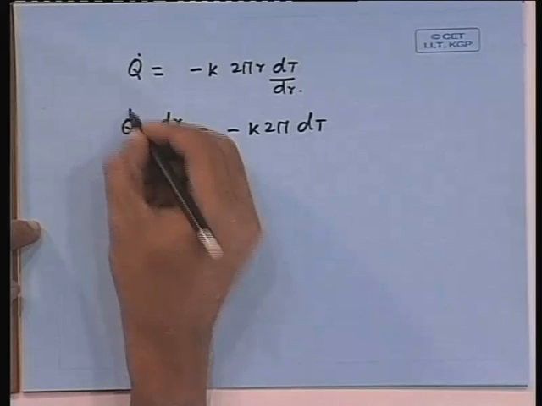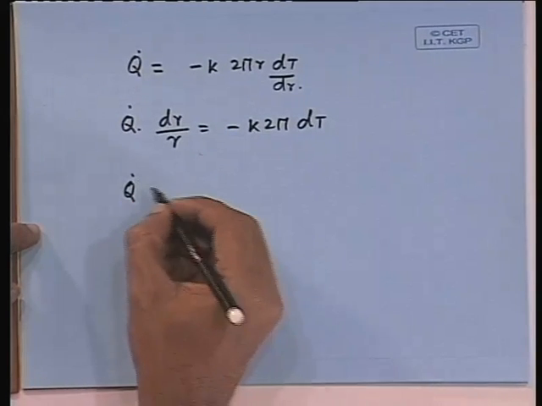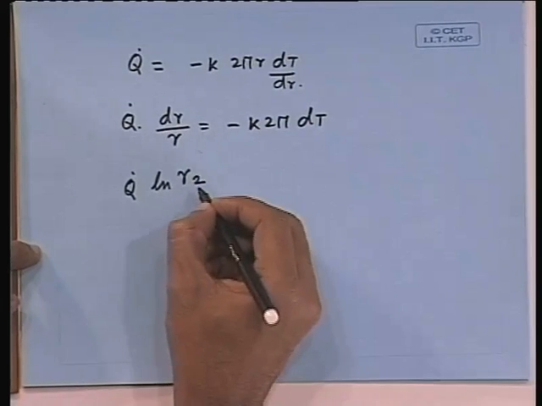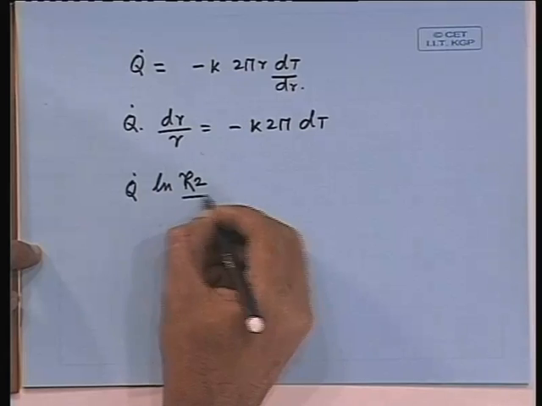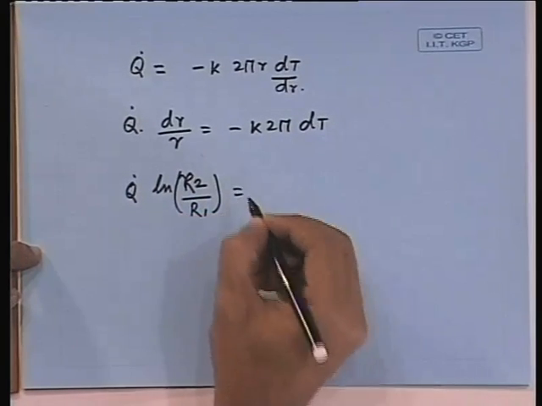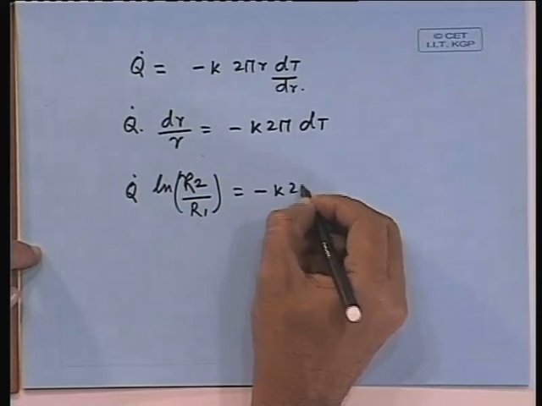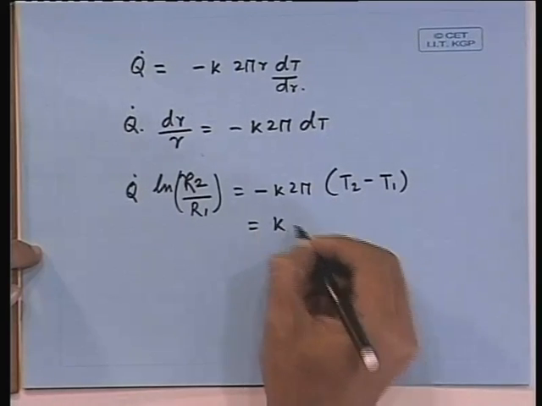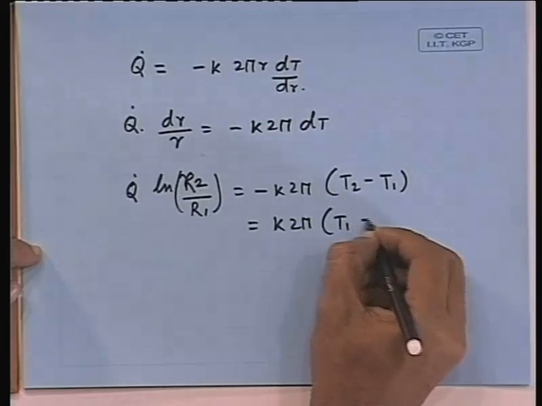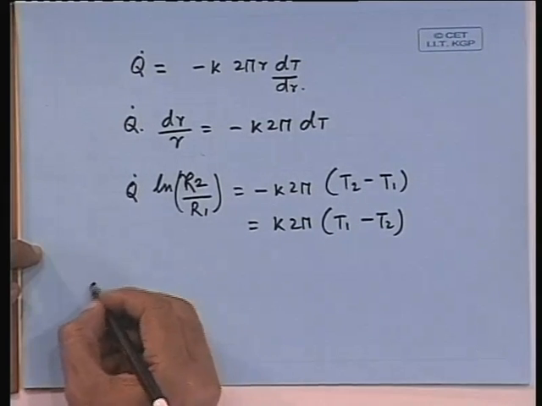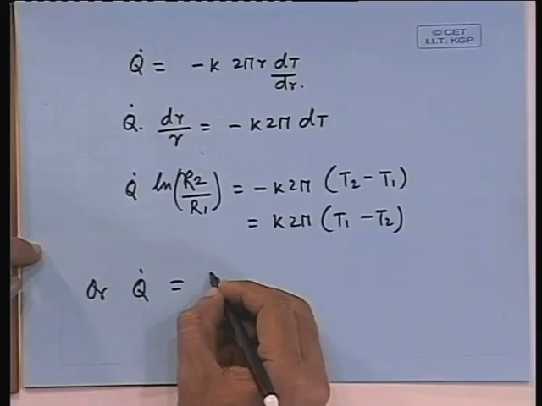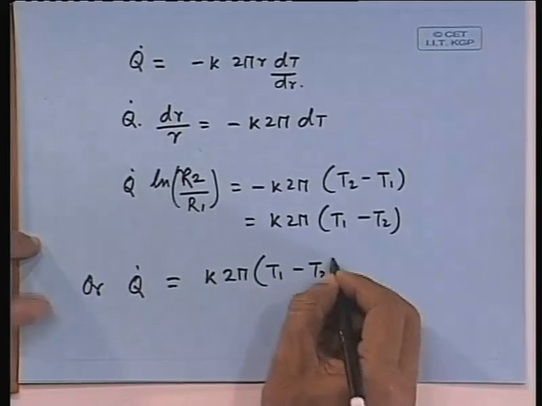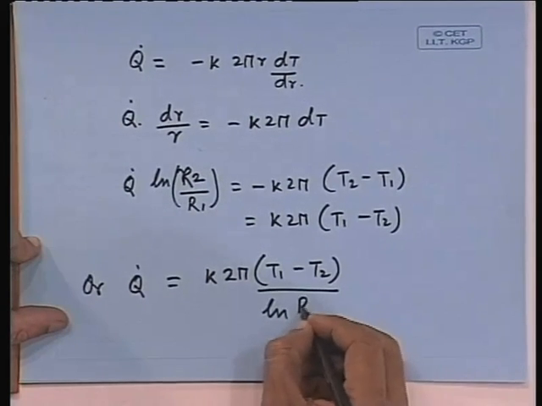If we do the integration, then we will have Q dot into ln r2 by r1, that is equal to minus k 2 pi (T2 minus T1), that is equal to k 2 pi (T1 minus T2), or finally Q dot is equal to k into 2 pi (T1 minus T2) divided by ln r2 by r1,